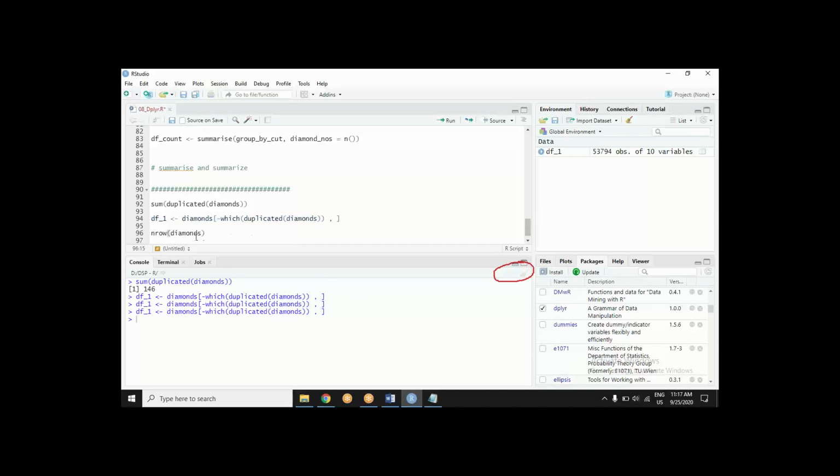However, we have a data frame df1 and let's check this out. If I check the number of rows of difference, it is exactly 146.